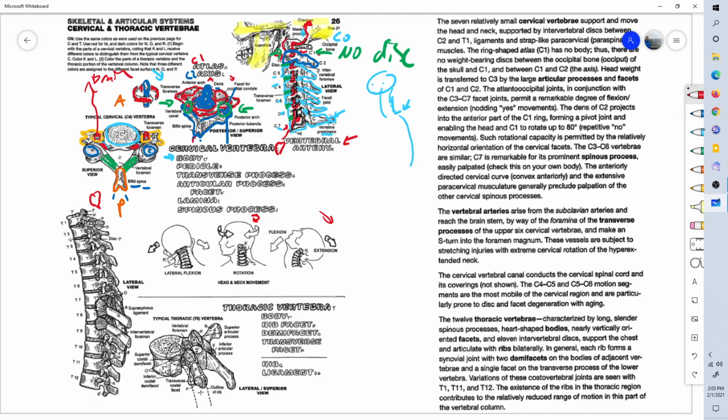So we have the pedicle, transverse process, the articular process, with this whole structure here, the articular process, and then on top of it is the facet. Here's the articular process, and here's the facet inside. The lamina coming together to form the spinous process. Interestingly,